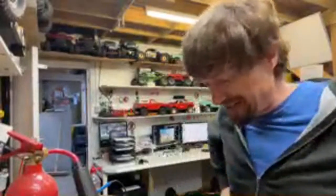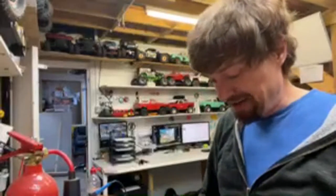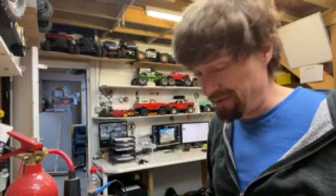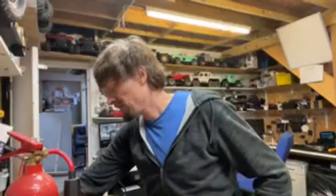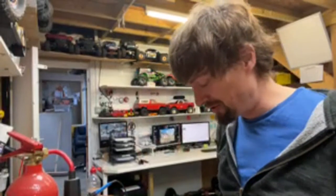Right, we're going to take it out later. Hopefully it doesn't rain. That's the plan. We're going to take it out later, give it a speed run. Someone said it'd probably do over 50. It's supposed to do officially 50, I think, on two of these. But LiPos have got more voltage, so...